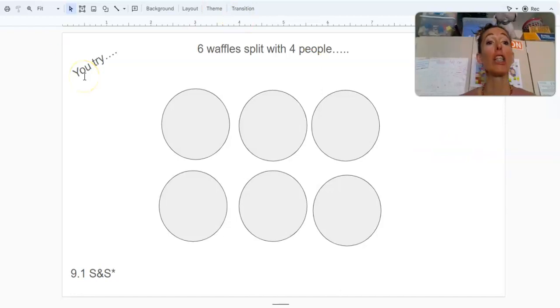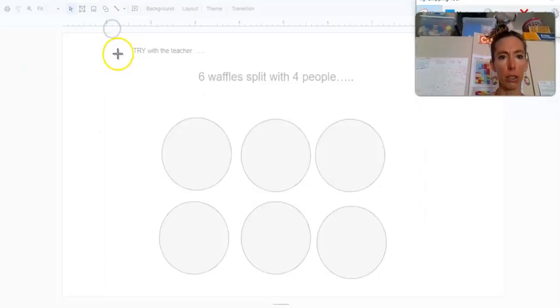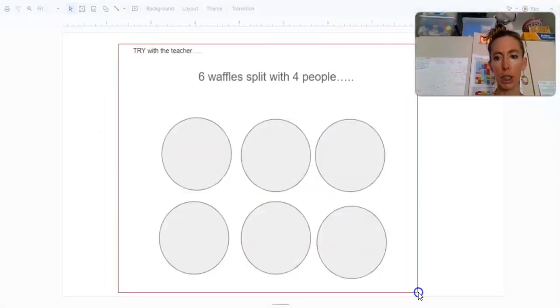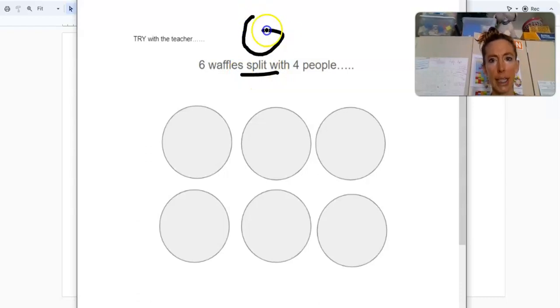Okay, now that you have tried yourself, we're going to look at it with me. Okay? So I have my 6 waffles, so I need to take a picture of this so I can draw on it as well. I need to split them. So I'm taking 6 and I am splitting those up. Splitting up those waffles with who? With not 6